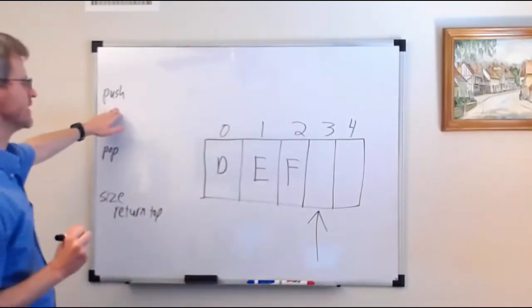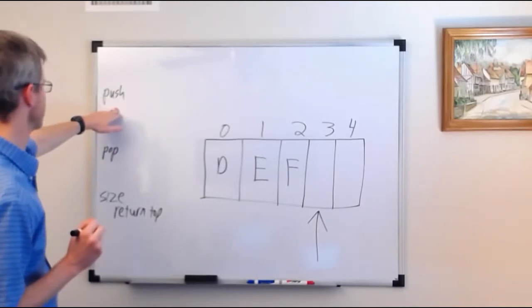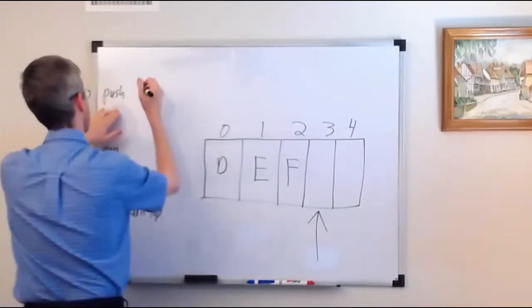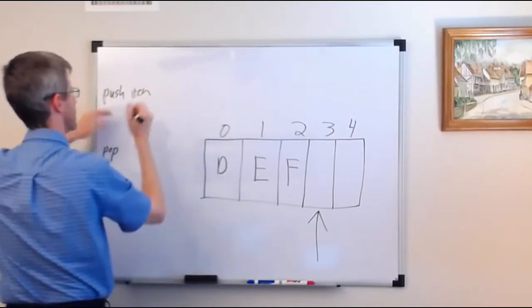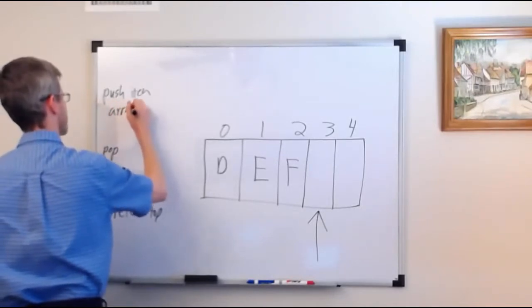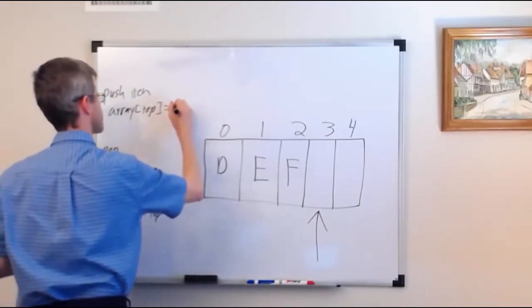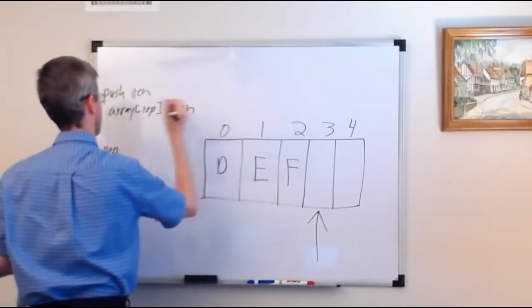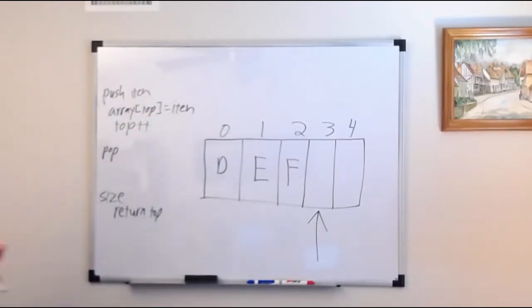And so what we've seen then is that the implementation of push is very simple. Suppose that they give us an item to push, then array sub top gets that item, and top is incremented by 1. And so that is the push operation for an array-based stack,